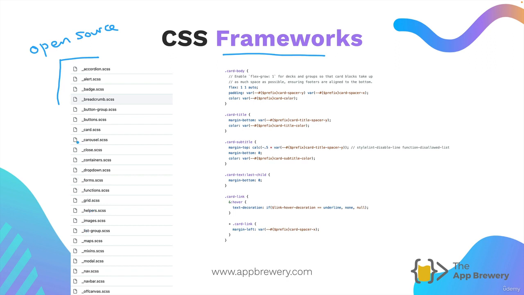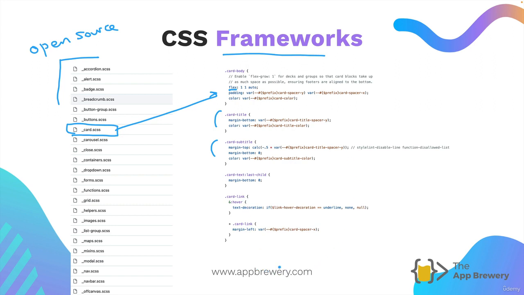For example, this is inside the card component, and it's got classes that define what a card body should look like, what kind of layout it should have, what kind of color it should have, as well as what the card title should look like, subtitle, and it's got all of this predefined CSS, which we can simply insert straight